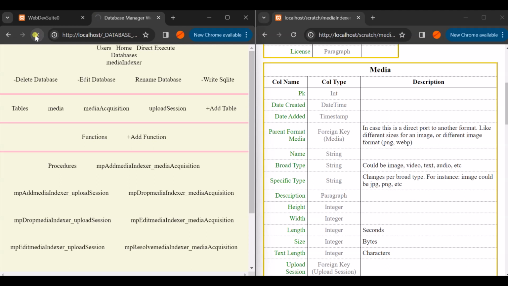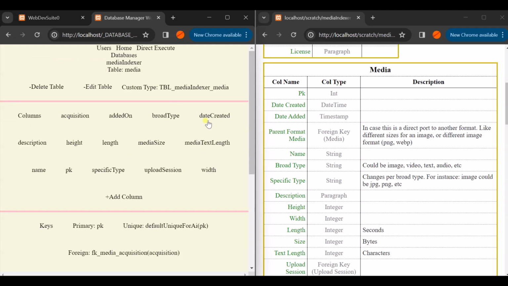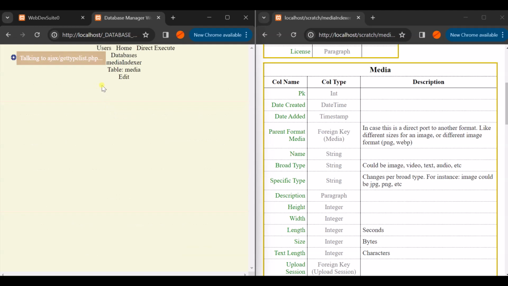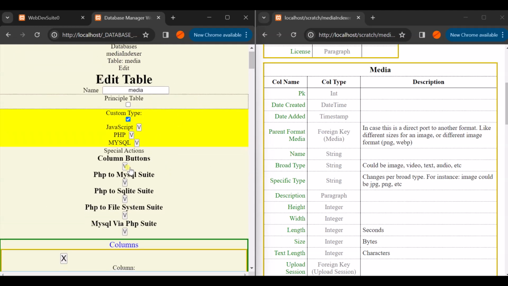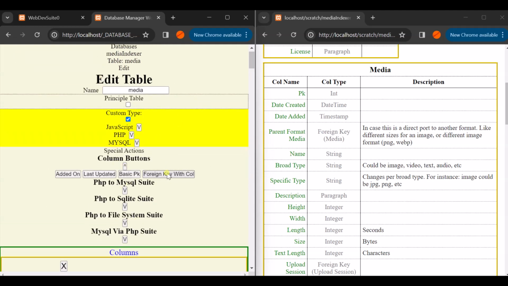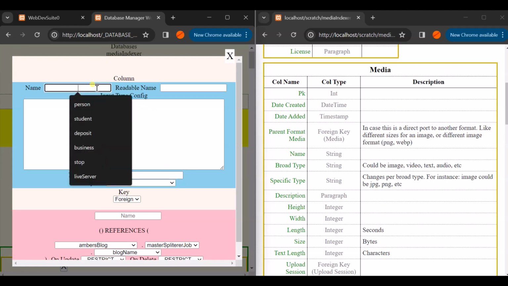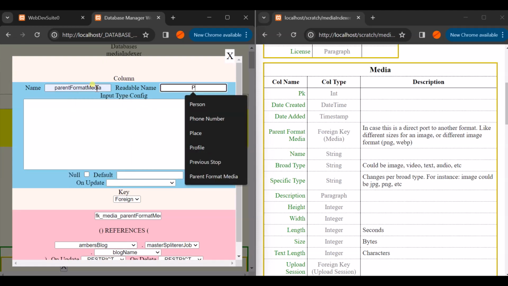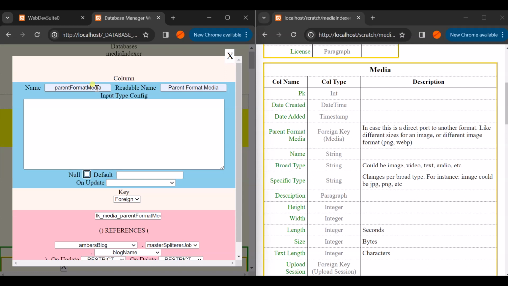All right, I'm going to go ahead and hit refresh. I don't think I would need to, but it ain't that bad to have to do. All right, so I'm going to add a table. No, I'm going to edit the media table, and then I'm going to go to the column buttons. I'm going to add a foreign key column. This parent format media,